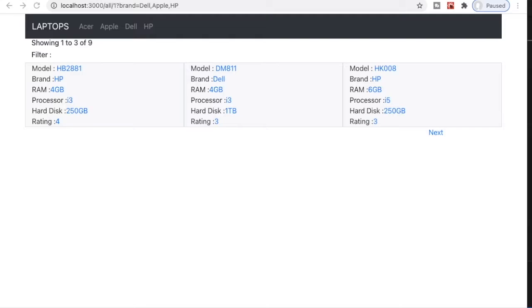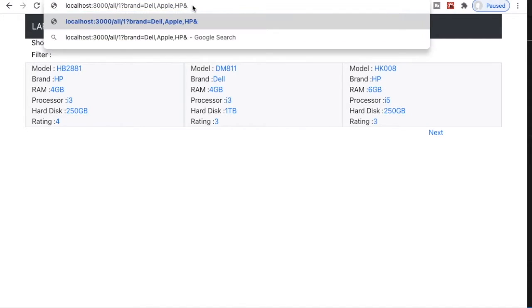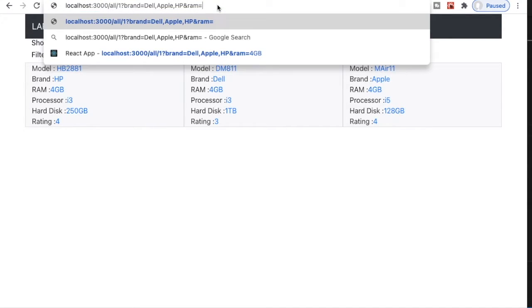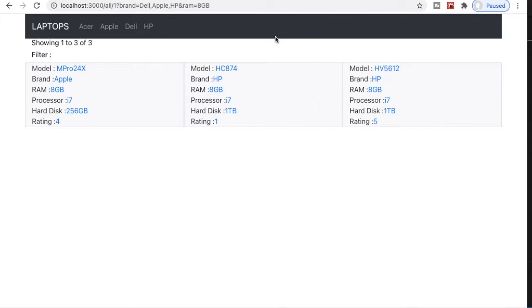Let's go ahead and test it. So if I just say RAM is equal to 4 GB, I get RAM 4 GB. This seems fine. HP, Dell, Apple. That's fine. And if I make it RAM equal to 8 GB, this works fine.